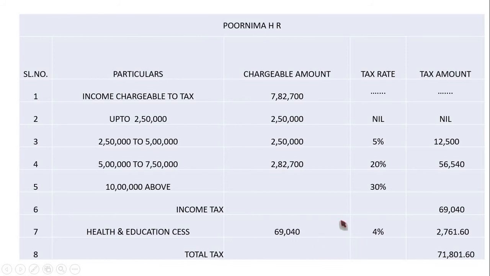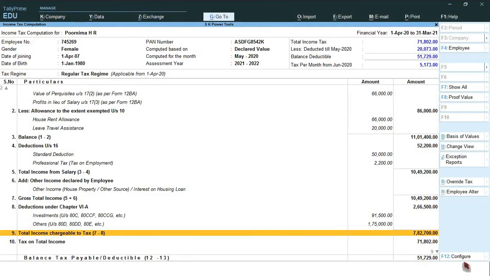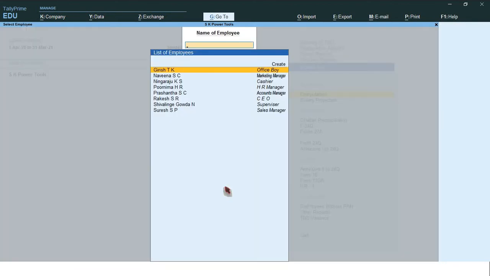69,040 into 4% health and education cess is 2,761.60. Total tax 71,801.60. 71,801. So he made a round up, 71,802. No issues. So next you move to